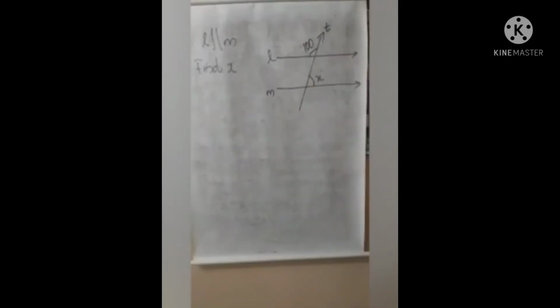Next question. Here one figure is given. Given L is parallel to M, we want to find X. By looking at the figure, this is the line L, this is the line M, and this is one transversal T. Here comes the X, and here the angle is given as 100. We need to find the value of X. So, the only given condition is L is parallel to M and this value is given. So, how can you find X here?